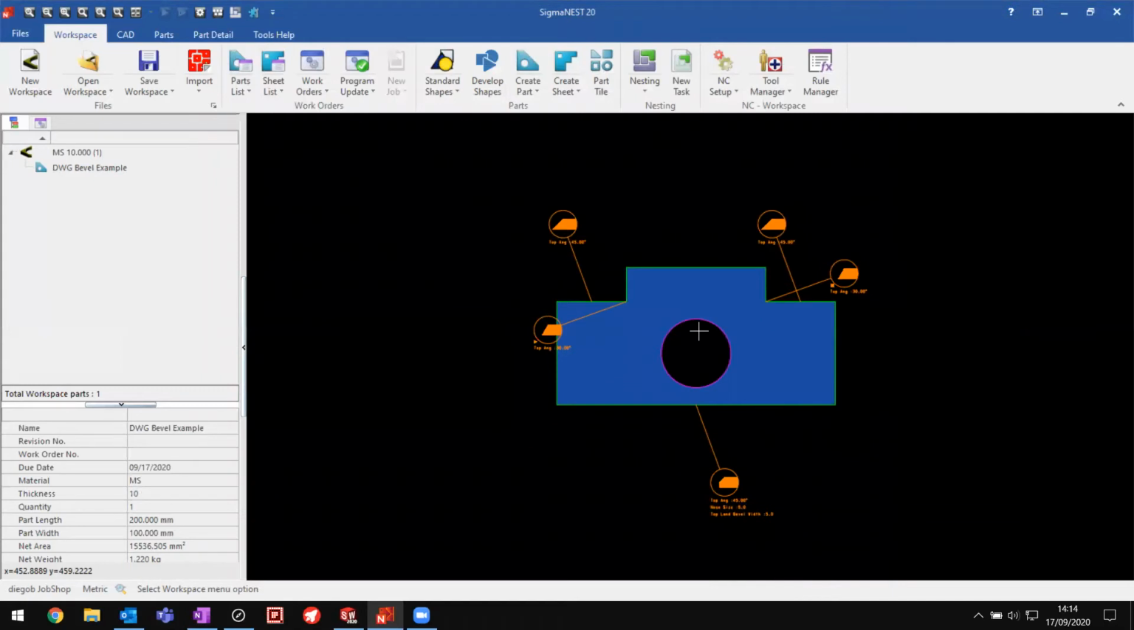During the second chapter of this webinar, I will show you how to define bevels right in SigmaNEST. Though it is great to define bevel properties right in the CAD files, SigmaNEST also allows you to set the same properties from its interface. Let's use this part we imported from a DWG as an example. I can get to part mode,